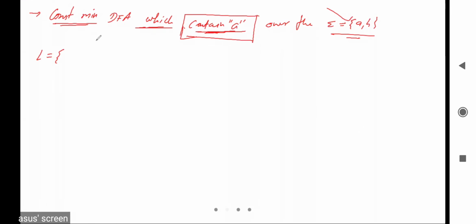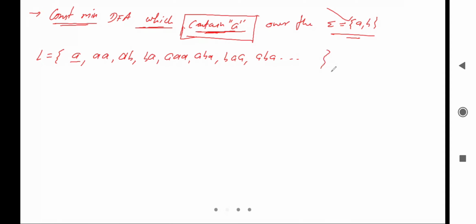So there can be a and b, b and a, or triple a, or a b a, or b a a a b a, and so on. In every string definitely there will be a, and there is no condition over b.